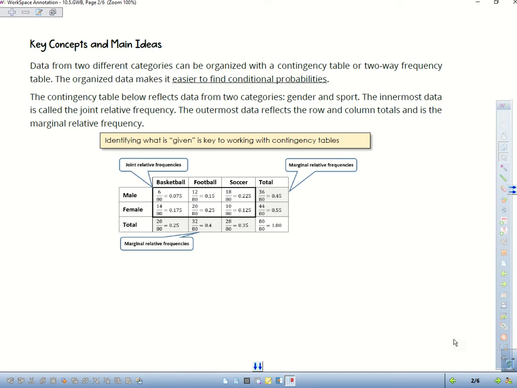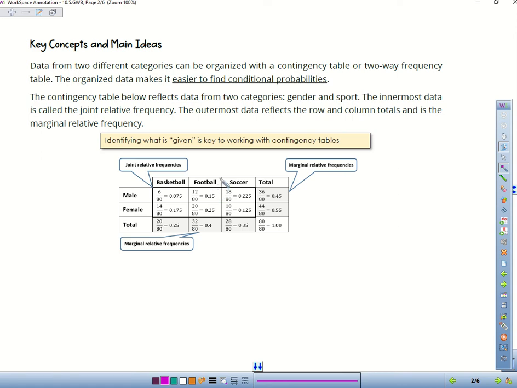It's basically a table of data that compares different categories together. And then two important vocabulary terms that deal with this are called joint frequencies and marginal frequencies. So how do you differentiate? Well, marginal are the ones that make up anything in the total category, and joint are anything in the middle. The way I always tell students to remember this is when you think about a piece of paper,